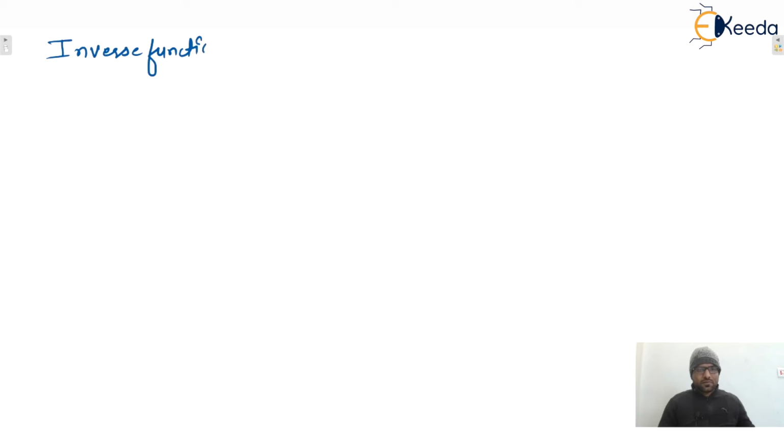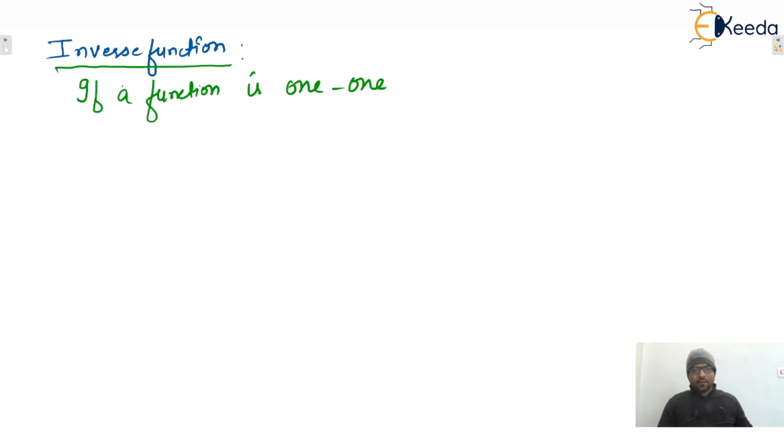Let's say for example, if a function is one-one and onto, then only an inverse function is possible. So if a function is one to one and onto, that means bijective,